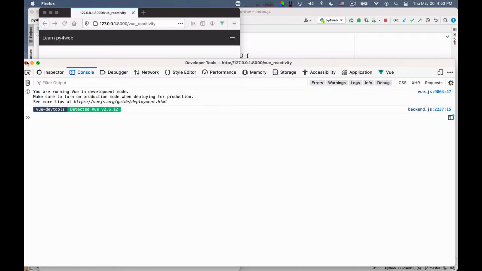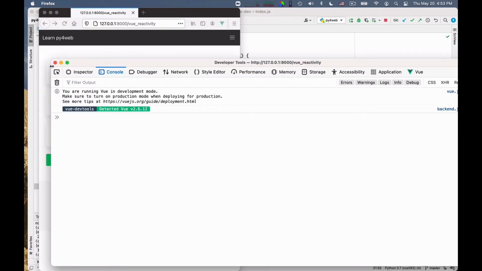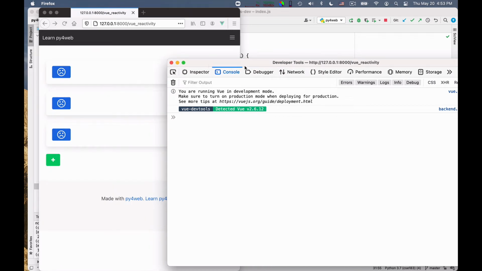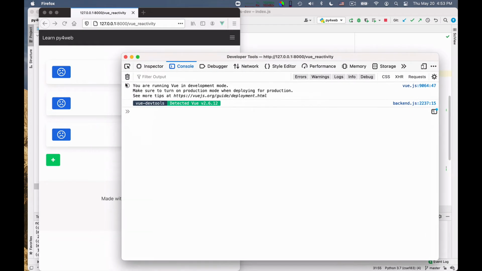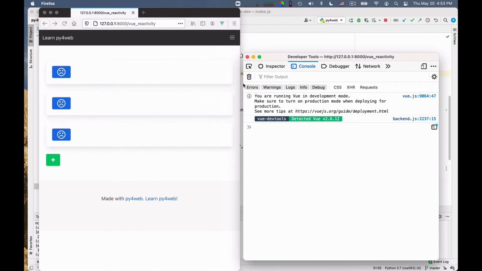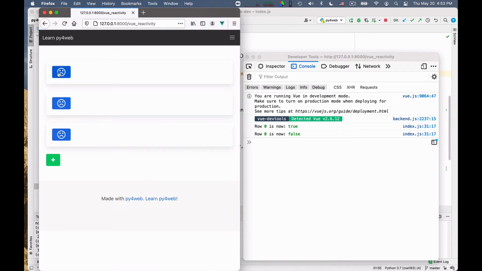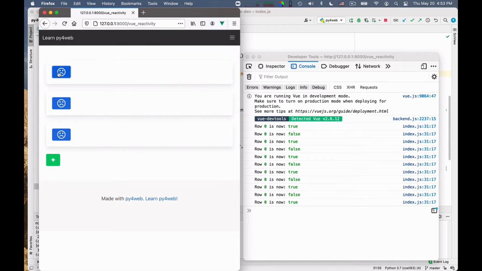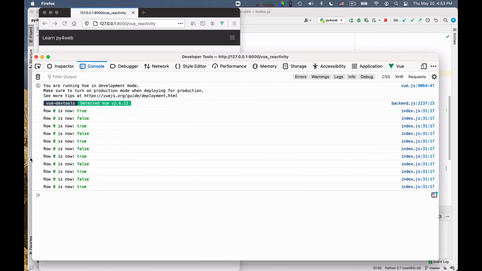Okay, keep an eye on the console. Sorry, I'll try to show it at the same time. So this is the console. And now when I go here and I click, I see that the toggling happens, but why don't I see a face? Well, how can I figure out that something is wrong with the reactivity?